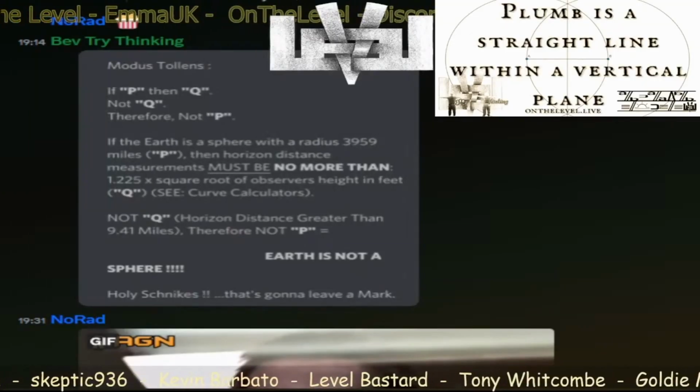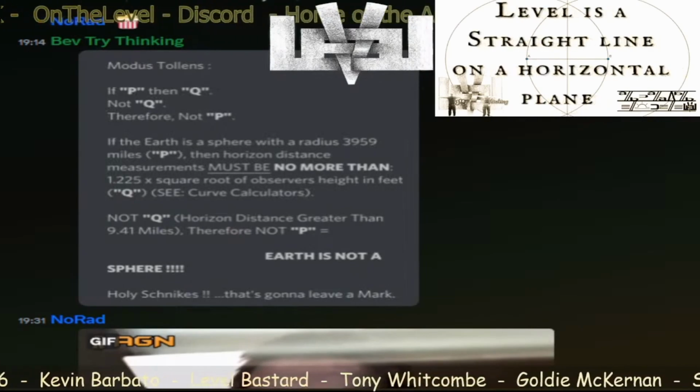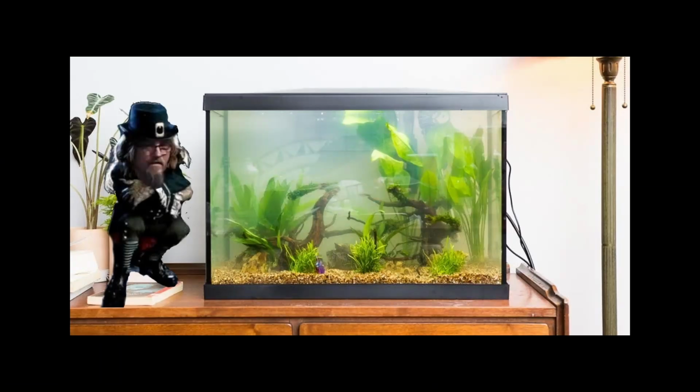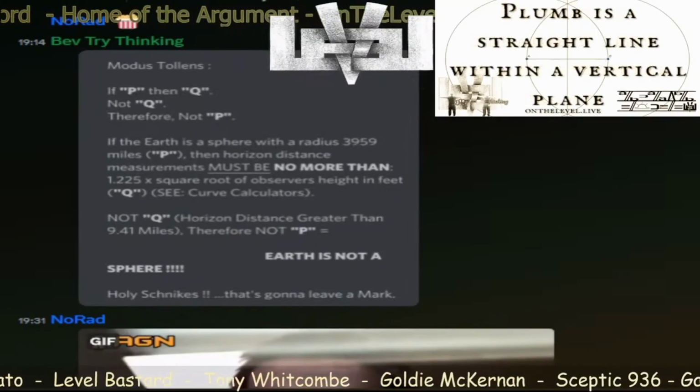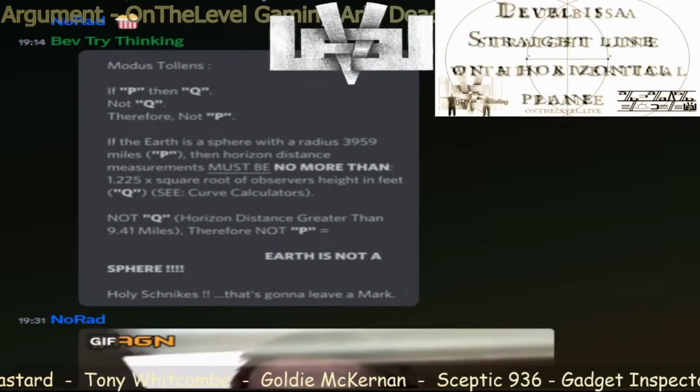So we're going to go over this now, but in an on the level type way of thinking, just a think tank, right? Open think tank. About something that's been around for years, this argument. Now,